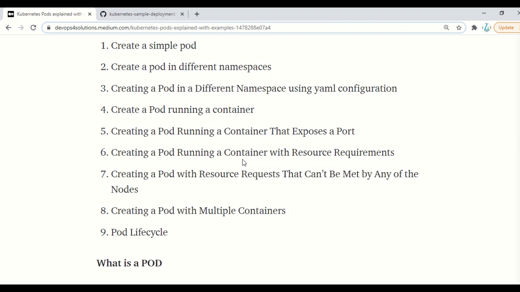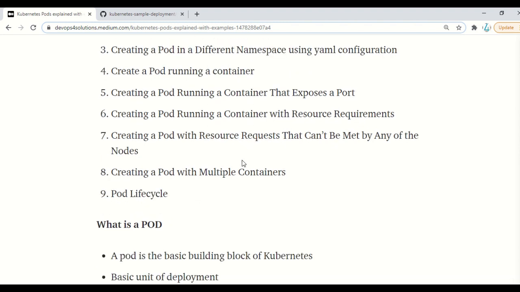We'll create a pod with different resource requirements, like I need my pod or my container to have this much memory and CPU assigned. And we will also see what error we receive if we request more memory than is available in our cluster. And at last, we will be creating a pod with multiple containers.